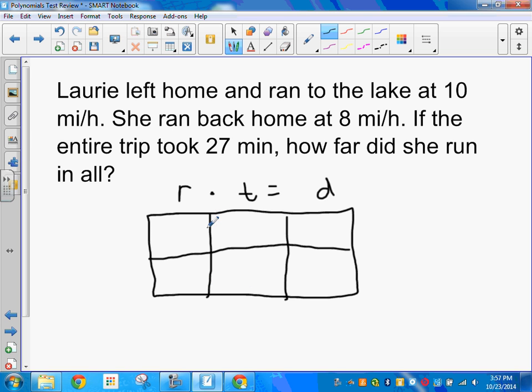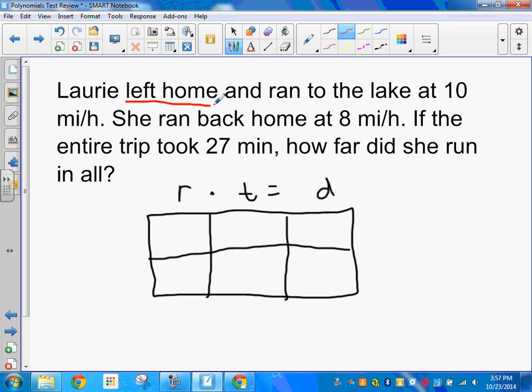Now I'm making the table obviously with 2 rows. Why am I doing that? Because in all of these problems, we're going to be measuring the distance of 2 things and then comparing those things at the end of the problem. And we're going to look here in this problem, what are the 2 things that I'm comparing distance-wise? Well,